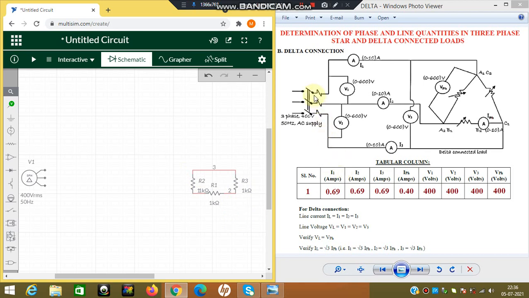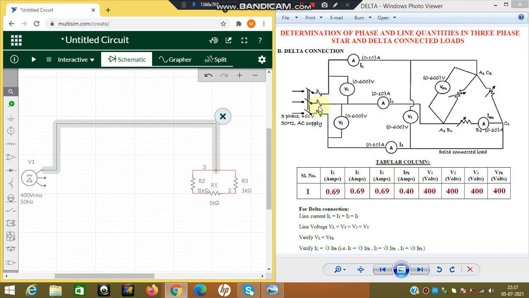Now we can see from the R phase of the generator, it goes to the terminal A1 C2, where the terminal A1 and C2 is shorted. Similarly here, let me start from here and connect it to this point. So this point will act like the same point here, where these two resistors are connected. So here R2 and R3 is connected.